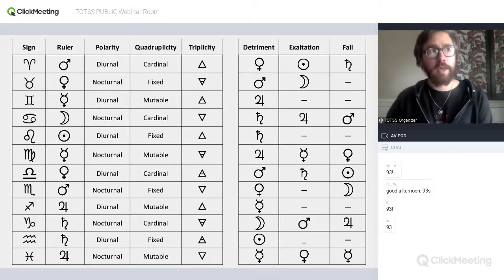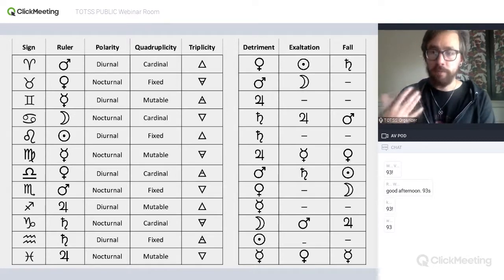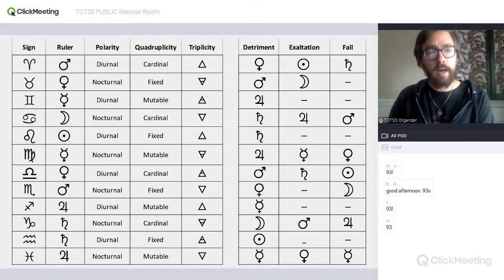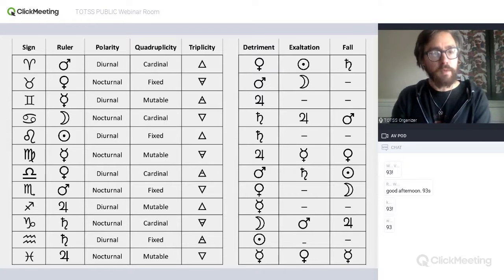There is some disagreement about that. You'll definitely see some texts where what planet is exalted in a sign actually brings some significations in, like the idea that Aries actually has a solar quality because the sun is exalted there. I don't feel that to be necessary, but there's different ways of thinking about that. So today we'll be looking at the signs, one by one, and also in more detail.